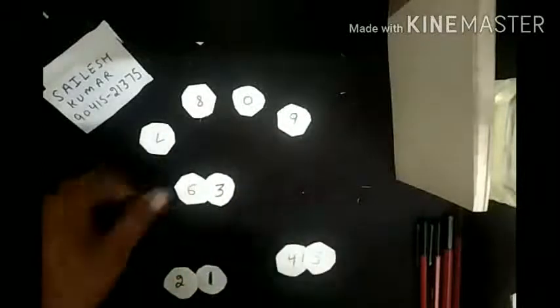Now see, if I change the place of these 6 and 3, then it will become 63. And if I change the place of 1 and 2, then it will become 12, or it may be written as 21. And in the same way, on changing the place, 45 becomes 54. Now you can see how important the place is, and what is the importance of the digit in making any number. Okay, if we change the place, then the number changes.